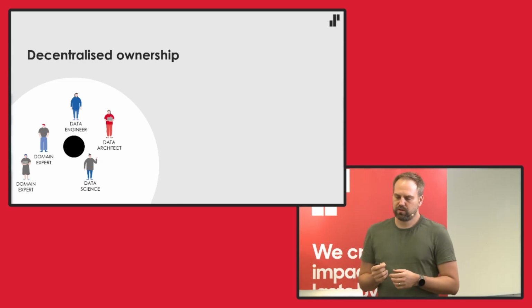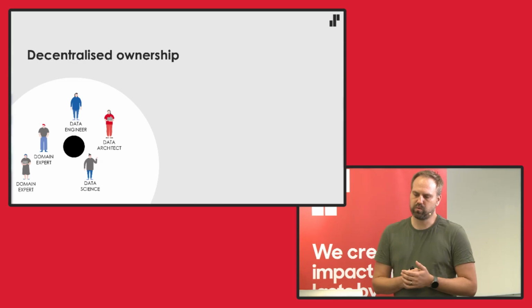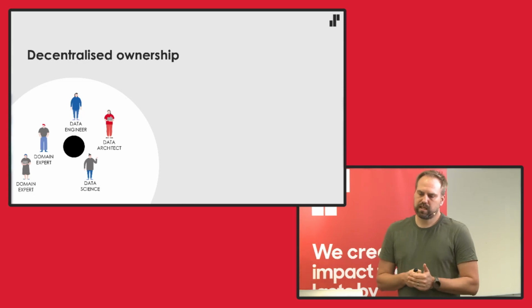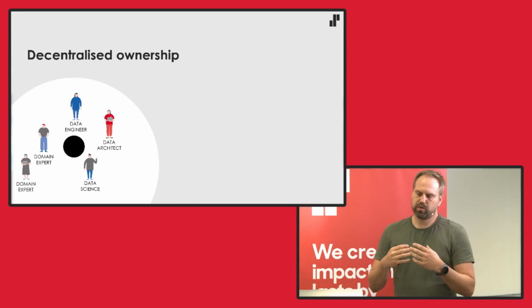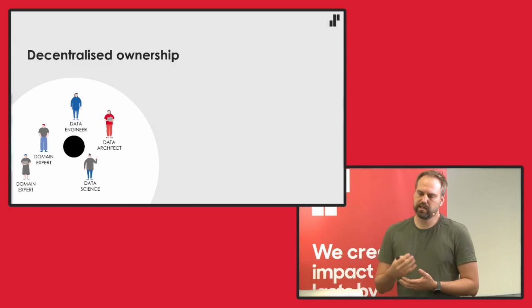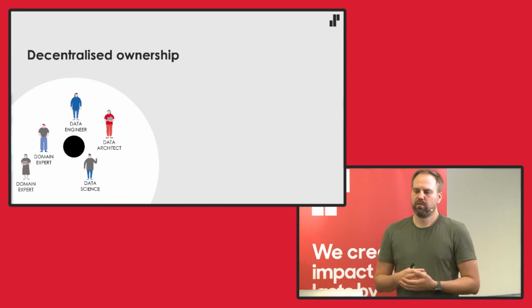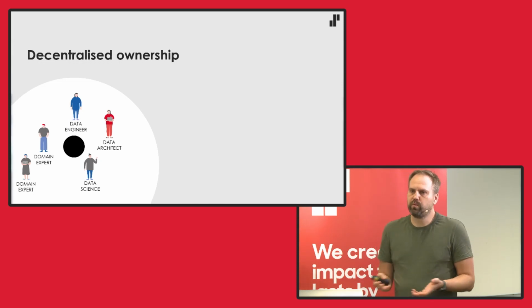Another thing which is really interesting, and we have witnessed this as well, is that in data mesh you have this concept called source-aligned data products. And what that means is that you have people sitting next to the source systems, and the idea is that they would be actually creating data products. I'll go into that a bit later. But the problem with that is that you're basically asking this team to create data sets, data products for someone else. So they don't have any incentive for themselves to actually do it. Why should we do it? We don't benefit anything from it. And we have actually witnessed this.